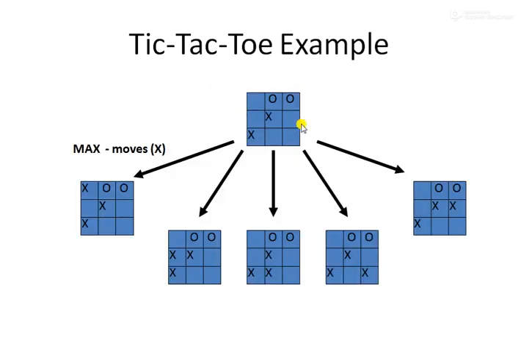So let us consider that this is the position we have reached after some moves in the tic-tac-toe game. In this position, if we want to calculate the evaluation value, in which direction will max move? Presently from this position, 5 possible moves are available for max. Max can play here, here, here, here, and here. So which move is max going to choose?